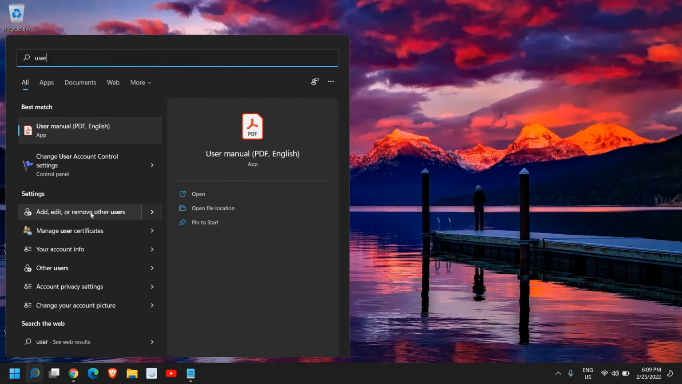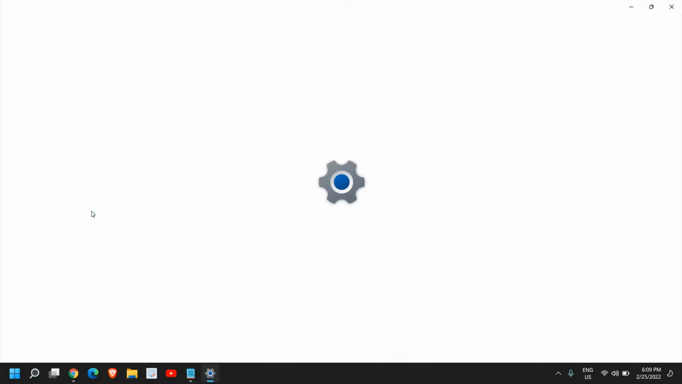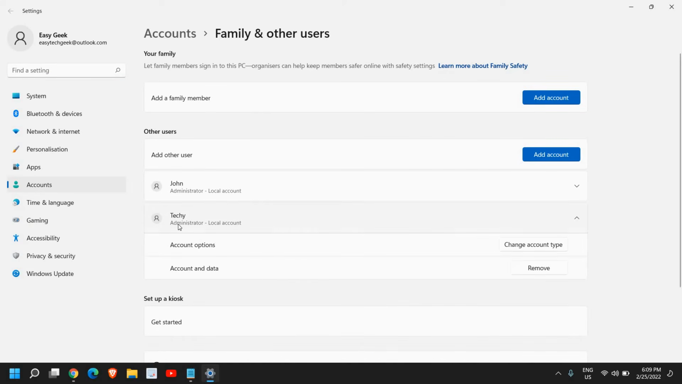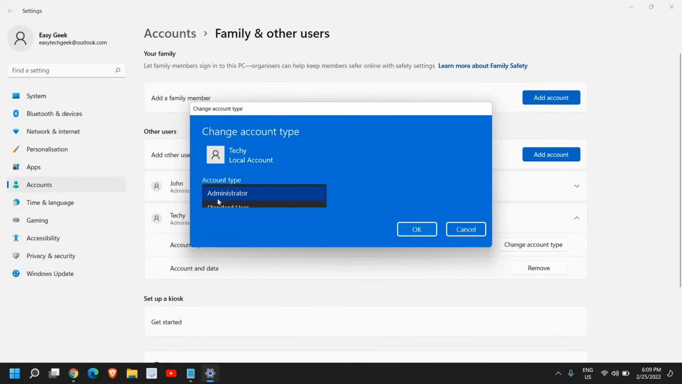remove other users. So we just need to click on that, and here you can see in your family or other users, here you will have your accounts. So let's say if I want to change this techie administrator from administrator to a standard or a guest account, so I just have to click on this change account type, and from here, from administrator to